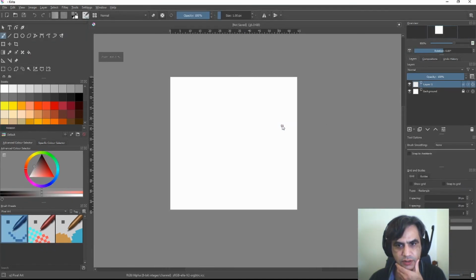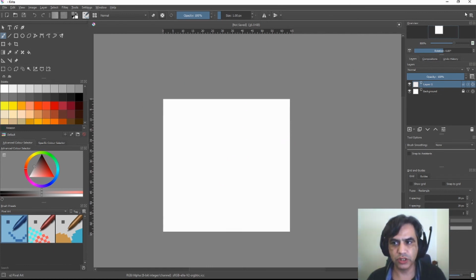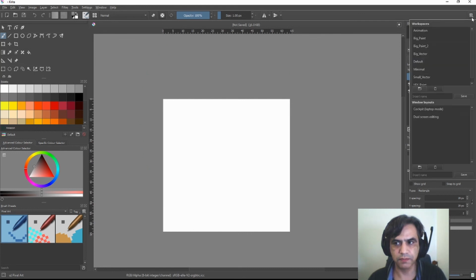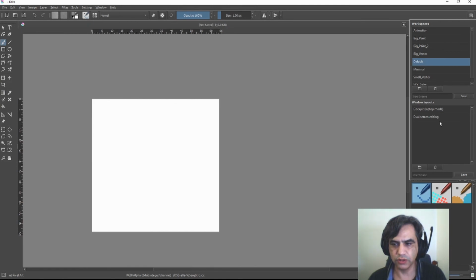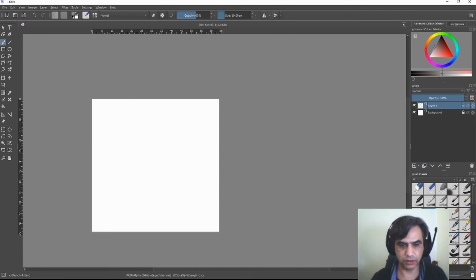When you start Krita, it doesn't show this. You can change how you see this by doing this. You go here and select Big Paint. Normally it starts with default. So in Krita you can paint in different ways.